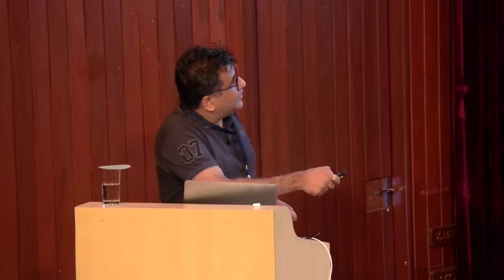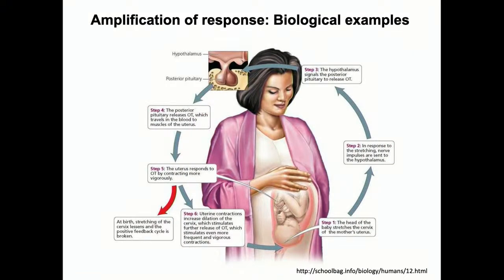If a 3-month-old baby's head is pushing, would that signal be strong enough to trigger this positive feedback loop and eventually get it out? Probably not, all right? So we do have cases of preterm birth and so on, but largely speaking, it is the strength of the signal which is determining whether the system would switch to a different state or not. So the system has the possibility of existing in two states, baby in, baby out, but what is deciding the switching between those two states is the strength of the signal, which is then going back to the size of the child, the time of gestation period, etc., right?